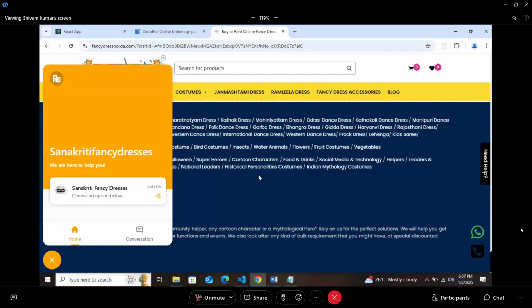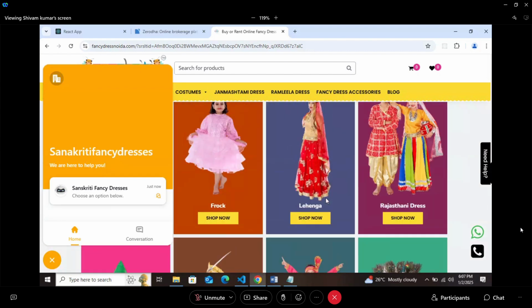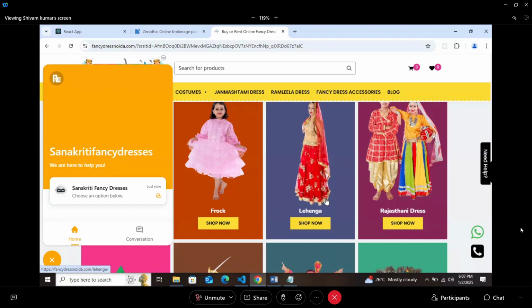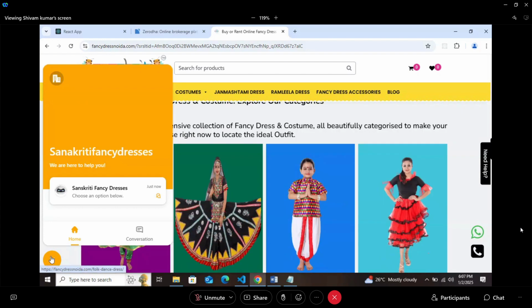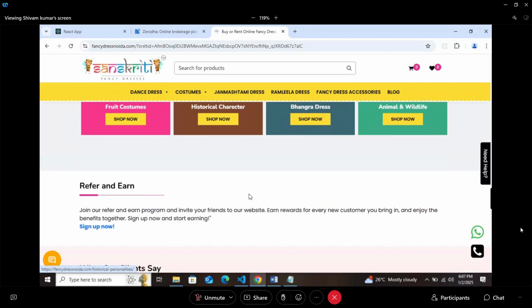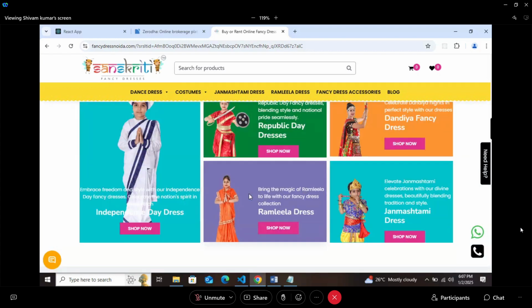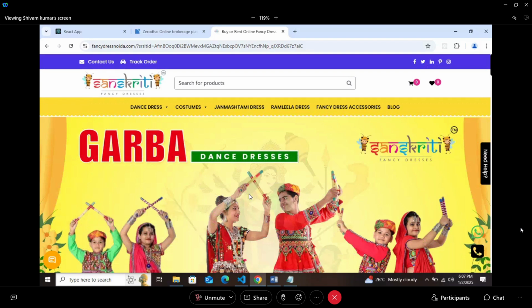They only deal in these categories. Generally, the fancy dress for the kids. That's it. They don't have too much of the variety. They are having only fancy dress for kids. This one only. Like others are there, but these are the main products. 1 CR every month, every single month. Revenue I'm talking about, sales, profit margin is around 35 and 40% because own things are there.